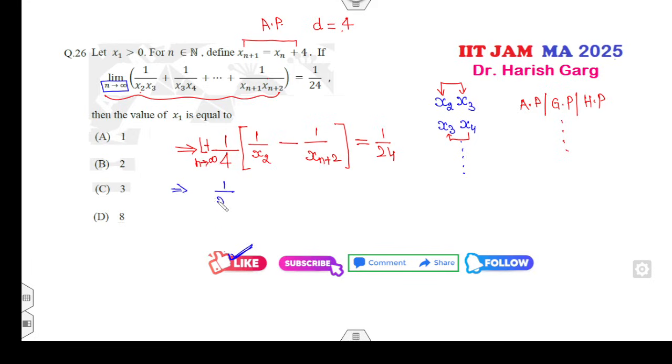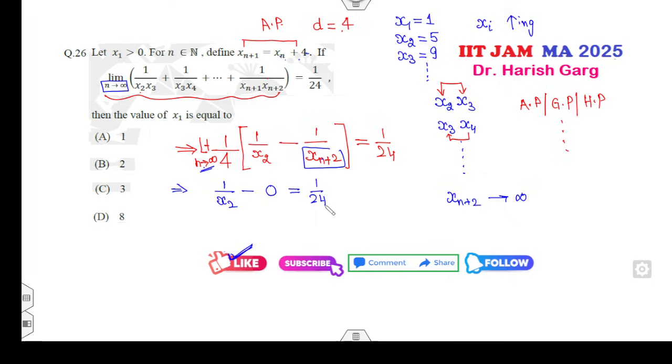Limit x approaches, that will be my x2. And what is that? You can see that what is the value of the x1? x1 can be any number. So I can choose x1 is my 1. Can you find the x2? x2 will be 5. Can you find x3? x3 will be 9 and so on. So that means the xi's are increasing, and whenever it's increasing, the value of xn plus 1, xn plus 2, whenever n approaches infinity, xn plus 2 goes to infinity. So 1 over infinity is my